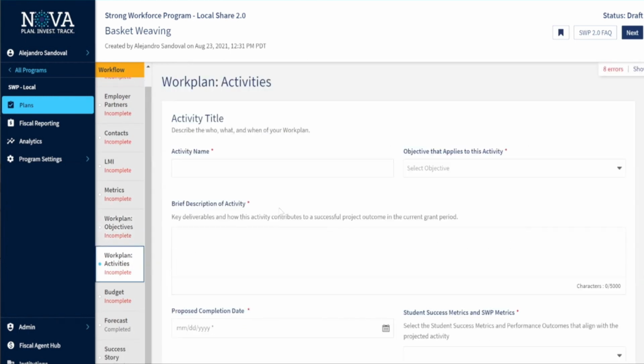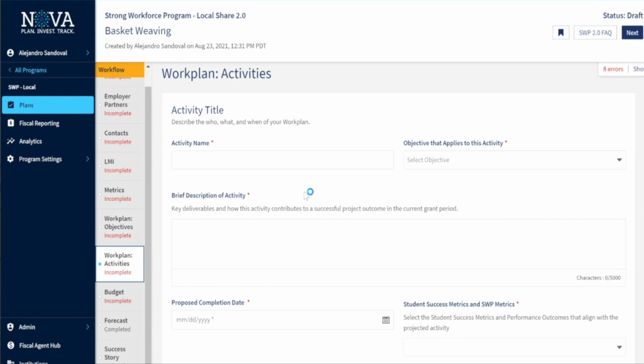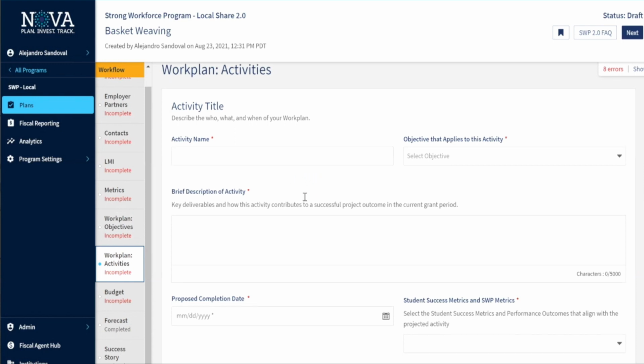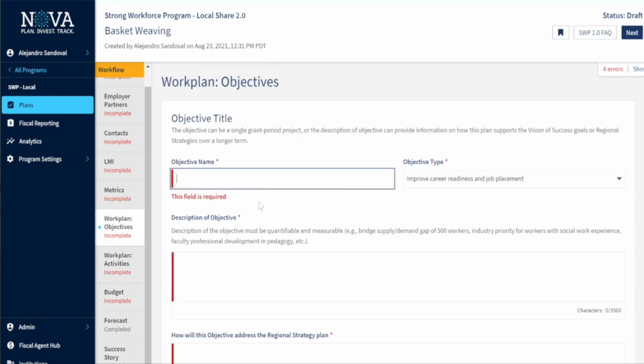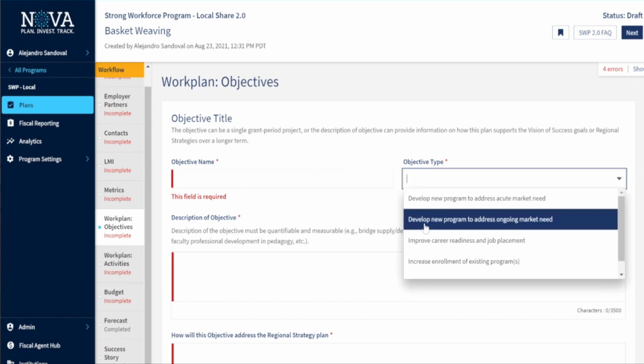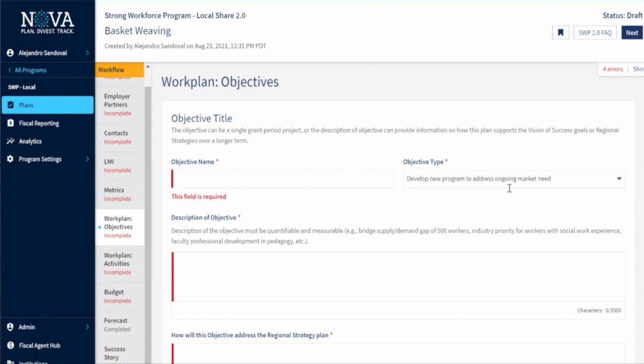Once you've added all your objectives, you need to describe the activities. You give us the activity name. Once you have entered the objective, it would populate here dynamically, and you'd be able to select the activity towards that objective. So what you enter here, so objective type, develop new program to address ongoing market need.